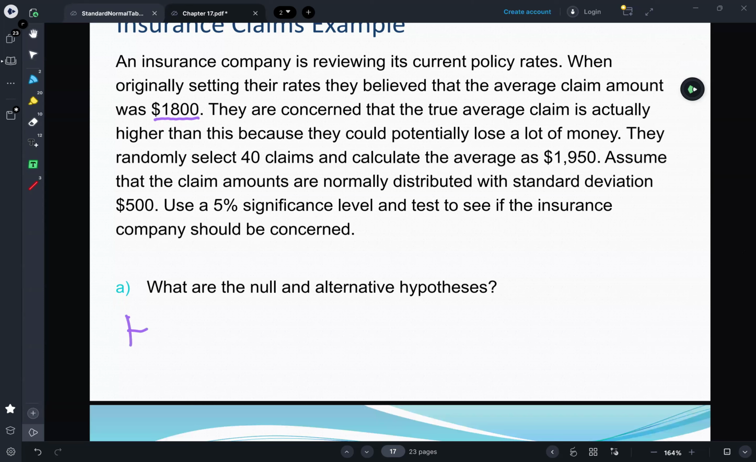So it's going to be H subscript naught, colon. It's always a colon because we don't have the equals in here yet. It's going to be mu equals some hypothesized value, and they believed it was $1,800. So we'll do it like that. We'll put the dollar sign in, 1,800, versus